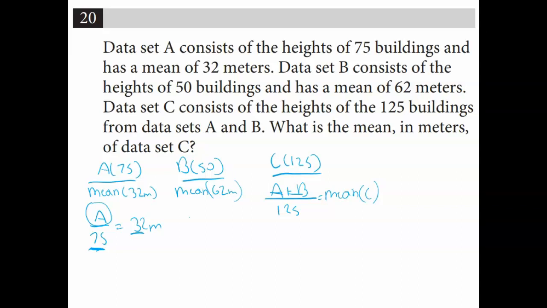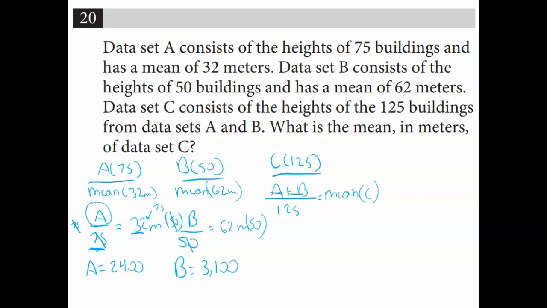We can use the same equation for B. So we know all the heights of all 50 buildings of B is going to equal a number. And if you divide that by the amount of buildings there are, it's going to give you the mean, which is 62. And so how do we find what A and B are? Well, if we just multiply both sides by the denominator, so if we multiply this by 75, multiply this by 75, these cancel out and we're stuck with A equals. And so if we do 75 times 32, we're going to get 2400. And if we do the same thing with B, multiply this by 50, the 50s cancel out, and you got to multiply this side by 50. So 62 times 50 is going to make B equal to